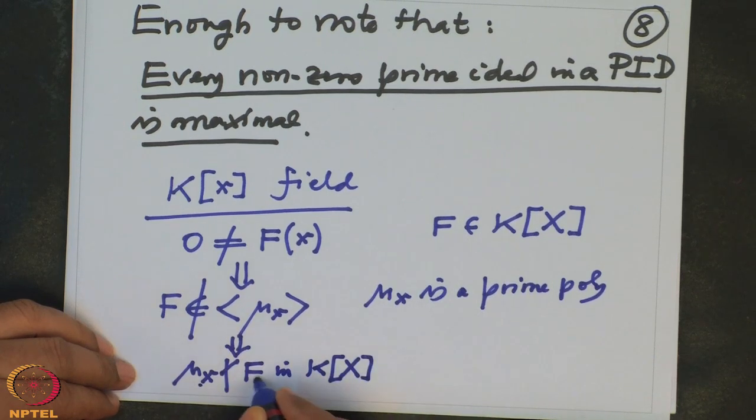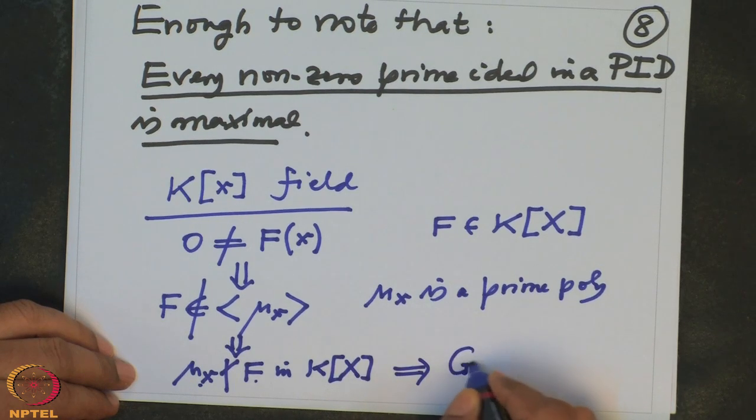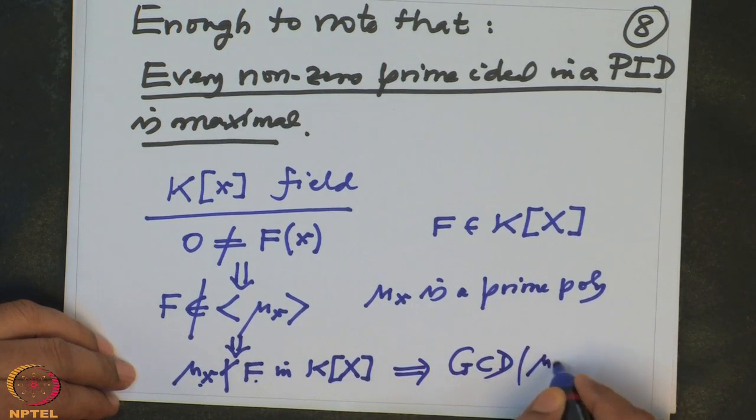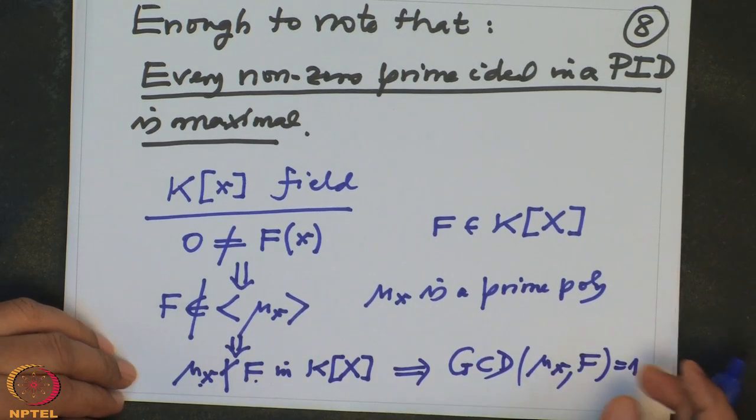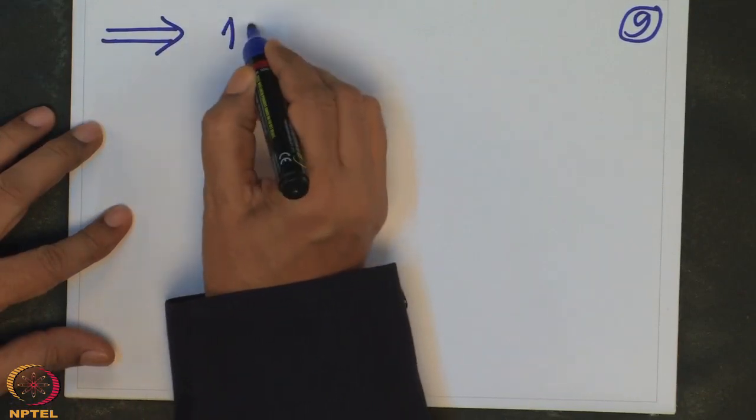This is a prime polynomial and it does not divide f, so their GCD should be 1. So the GCD of mu(x) and f is 1. But remember, like integers, if the GCD of two polynomials over a field is 1, then 1 is a linear combination of the two. So I can write 1 as